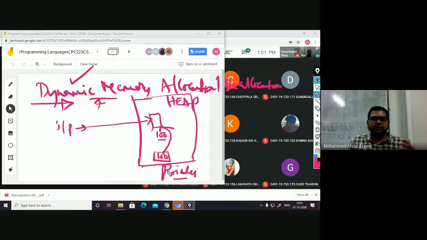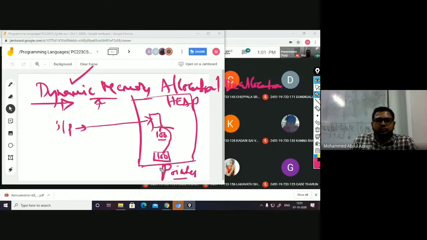How the pointer is invented is fine. I got it. Now with the help of this pointer, where I'm holding the address of this memory, I can go to that memory and access it, right? I can place some value into it. I can perform some operations by taking the value which is available in the memory. All this I can do.